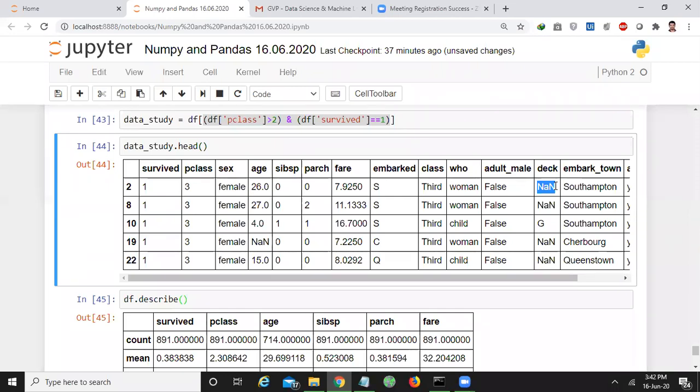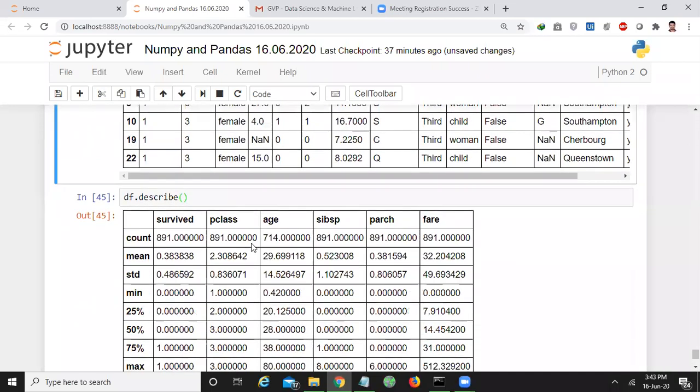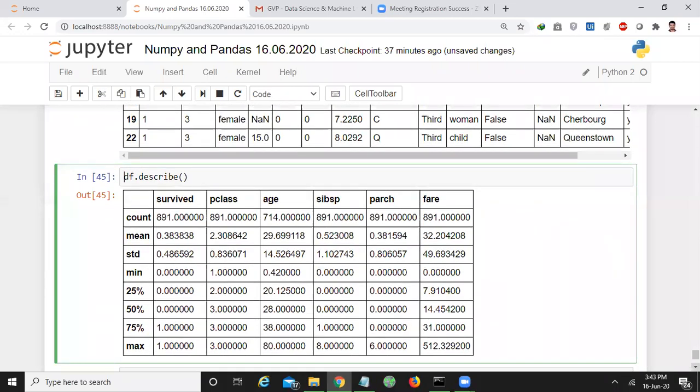Please observe here. Here also in the age column, if you see, we have 26, 27, 4 and NaN, right? NaN means what? Here actually there is no value. The value is not filled for this passenger. The age and deck are not found for this passenger. Okay. If you perform this describe function like this, it considers only the columns which are non-null or the columns which have the values. Every column should have all the values.